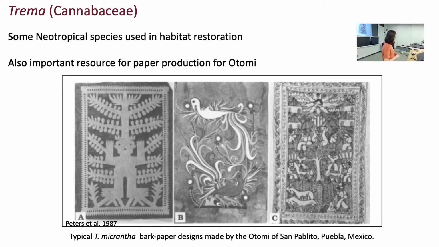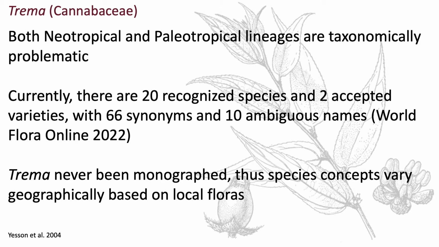people. And in the neotropics, Trema micrantha is often used in habitat restoration projects to reclaim agricultural lands. And also it's been an important resource for paper production for various peoples in Mexico, such as the Otomi. And you can see some of the bark paper designs that these people create using Trema micrantha bark. So that's pretty interesting. And when we think about this group taxonomically, it's been pretty problematic both in the neotropics